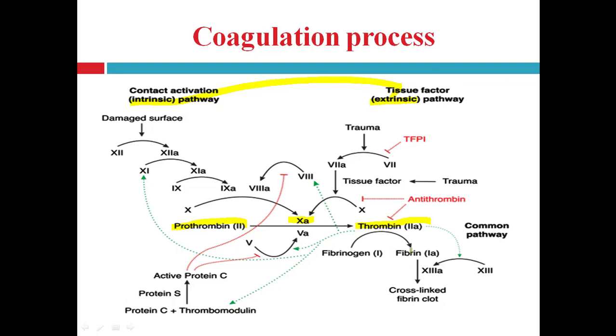So from this chart, we can say that different clotting factors are very essential and important for the coagulation process. Damage or defect in any factor, or lack of any coagulation factor, leads to inhibition of the coagulation process. So each and every coagulation factor is very important for the normal coagulation process within the body.